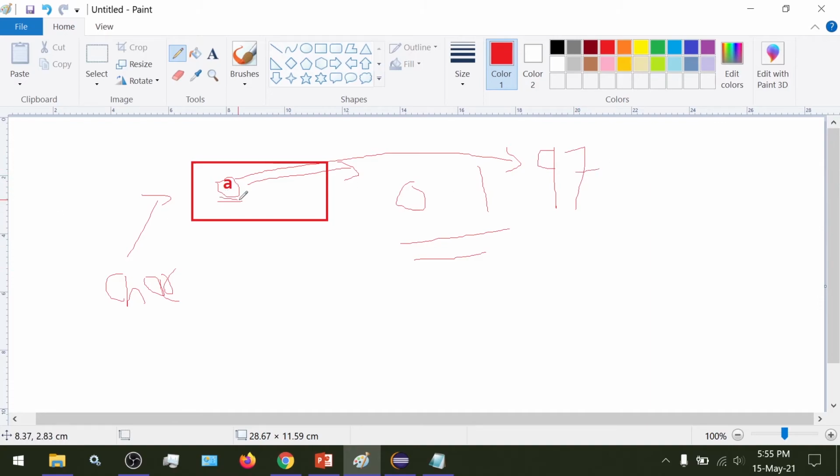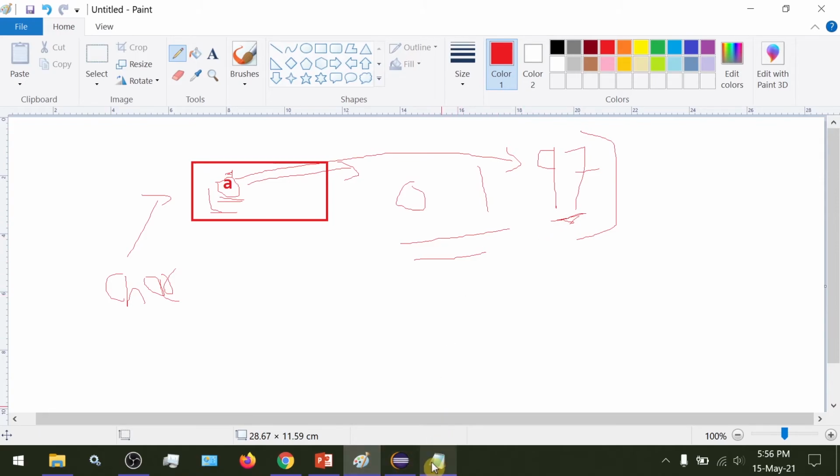So when we write a in a program, what would happen is the computer or Java has a mapping. It would see that the character a is specified, so it would look for the equivalent numeric value of a. The equivalent numeric value for lowercase a is 97. So the computer would understand that we are trying to represent the character a by the number 97. This is done for all characters present in all languages. All of the characters we see on our keyboard are represented by some codes.